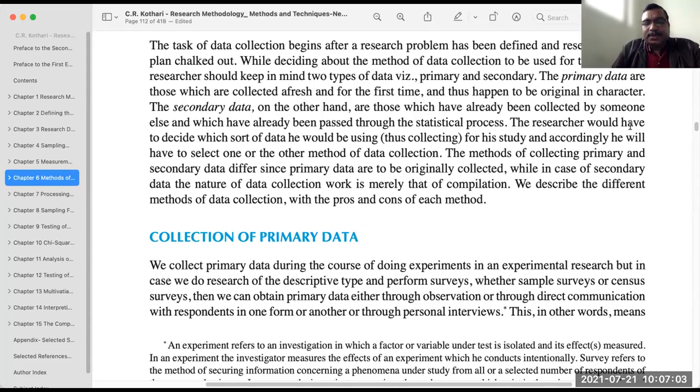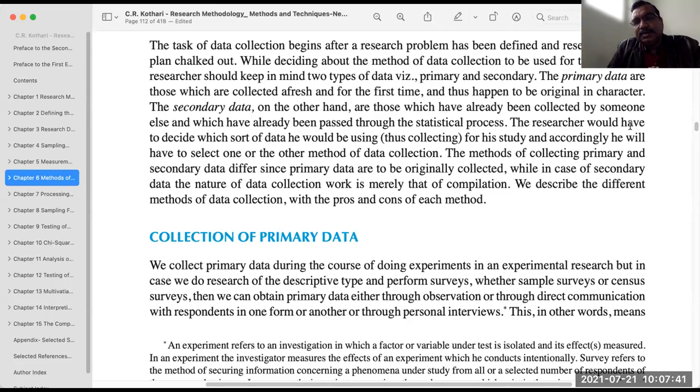It depends upon your research problem and definition. What kind of data you require to achieve your objectives, right? If you're going to do something new, a novel study, something original you are going to find out, generally it is seen that you are required to collect the primary data directly from the field, for the industry or whatever your focus area is.